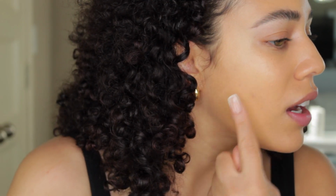So on this side, you can see this is one layer of the Nars. It is not covering down here in this area, which is totally fine. This is supposed to be a medium coverage foundation. Very similar benefits to the Charlotte Tilbury. I forgot to mention it has skincare ingredients in it as well. And then I do have some texture and inflammation in this area, and you guys can see it is clinging a little bit. And then to the other side, you can see those bumps that I had underneath my eyes